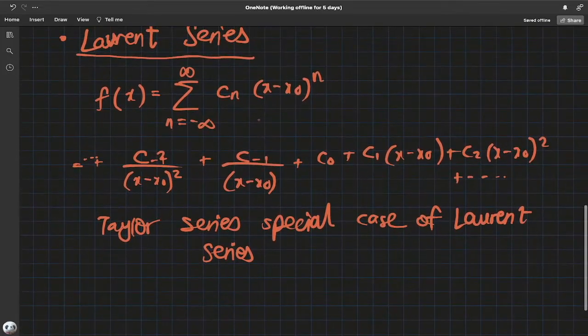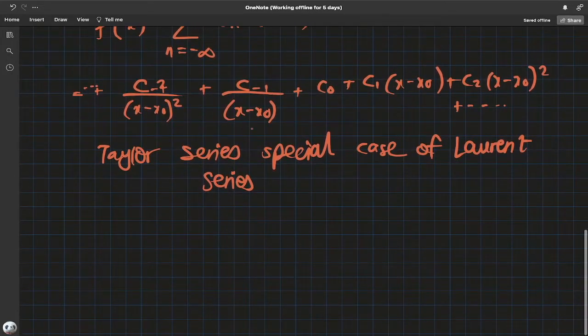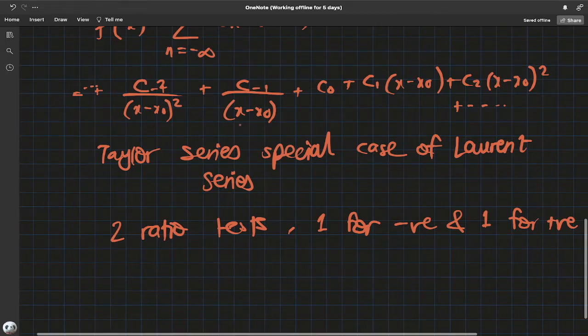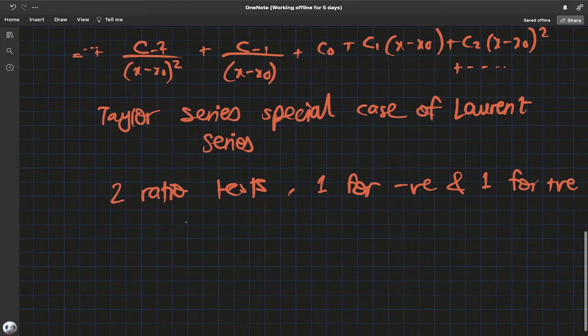Now the convergence for this is actually a little tricky. We have to do two ratio tests for convergence: one for the negative powers and one for the positive powers. So one for these, and then the other for the positive powers in the numerator. And the convergence condition, I say, is tricky